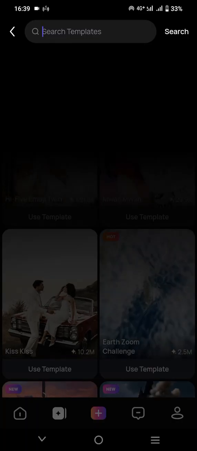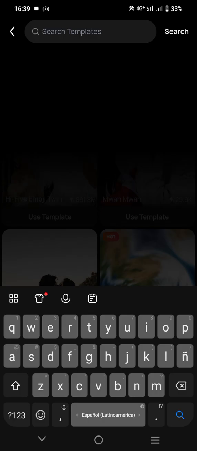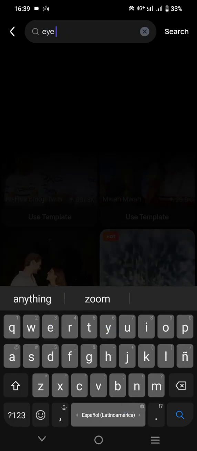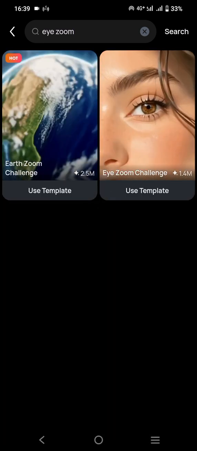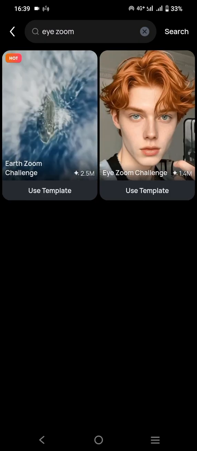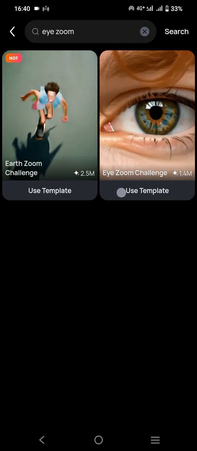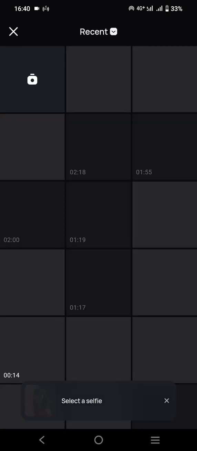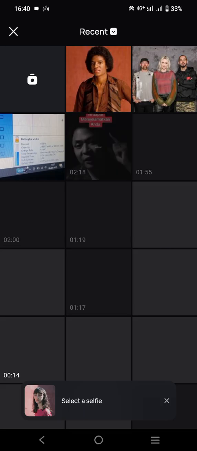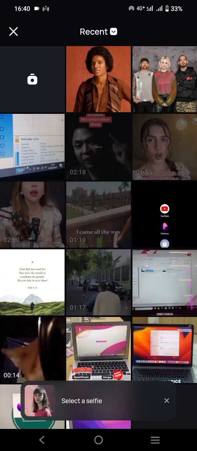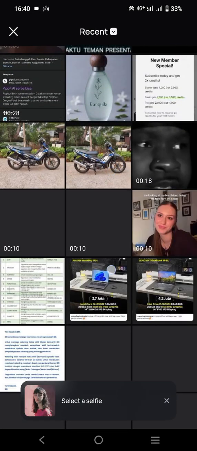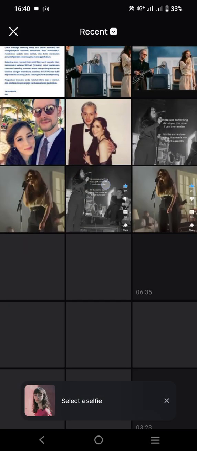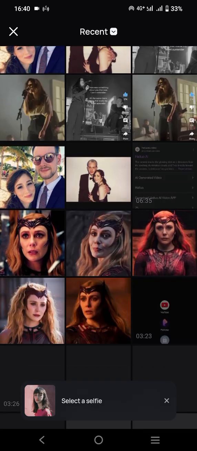Then we can just simply click the iZoom on the searching section, and you can search it. Then we will use this template, iZoom challenge, and after that it will direct you into the gallery to select the picture that you would like to create the video. So here I will select the picture,